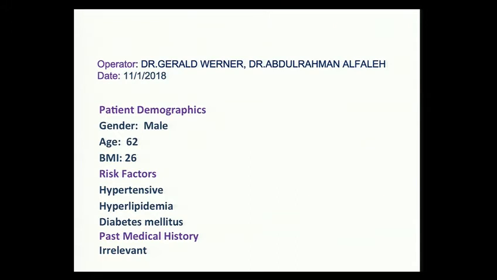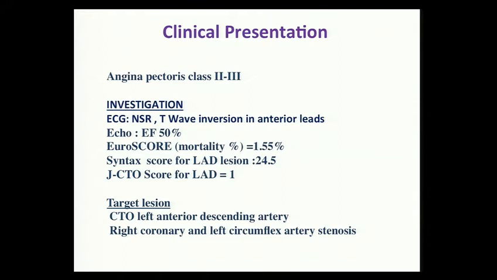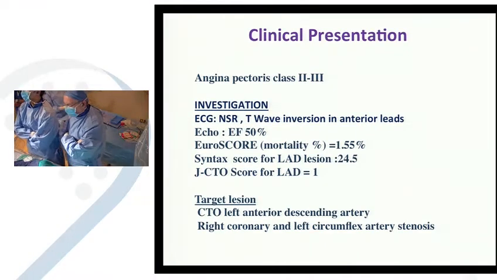Doing the case of a 62-year-old gentleman who is 65 kg, hypertensive, hyperlipidemic, diabetic. He presented with angina, class 2 to 3, ECG normal sinus rhythm. He has some changes in T waves in the anterior leads. Echo: preserved systolic function, EuroSCORE 1.5, SYNTAX score 24.5, J-CTO score for the LAD